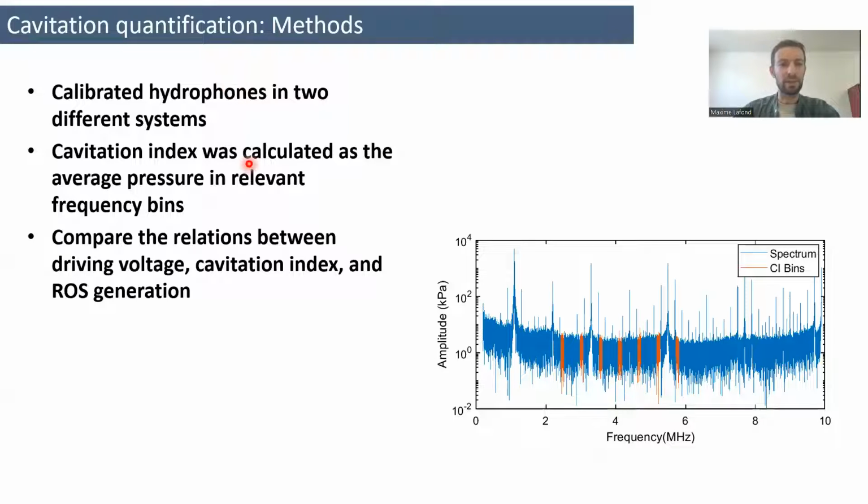We calculate a cavitation index that will be homogeneous to kilopascals based on the average pressure measured in specific frequency beams. And then we will compare the relations between the driving voltage, cavitation index, and generation of reactive oxygen species measured